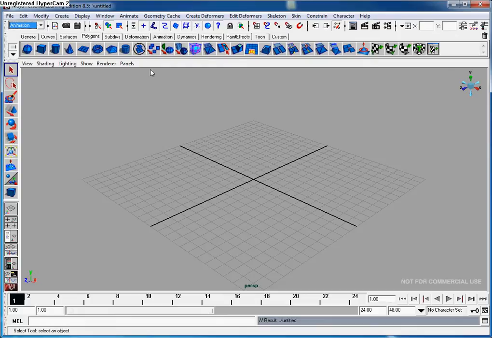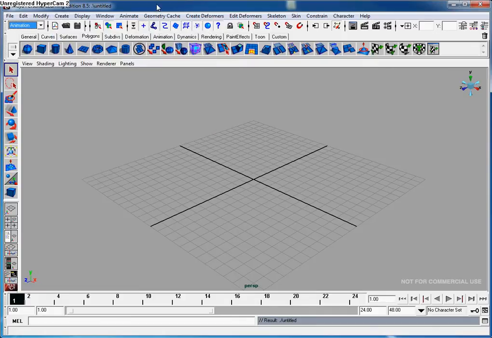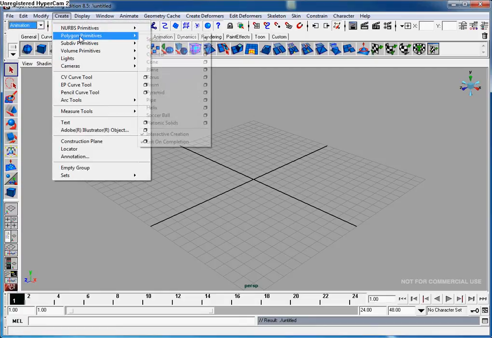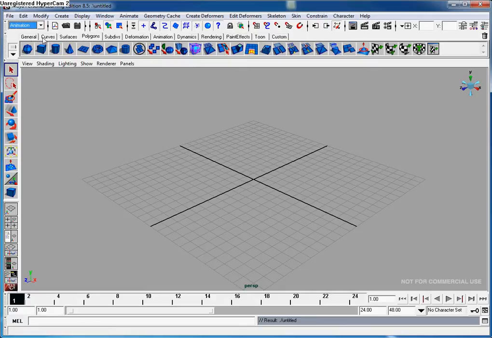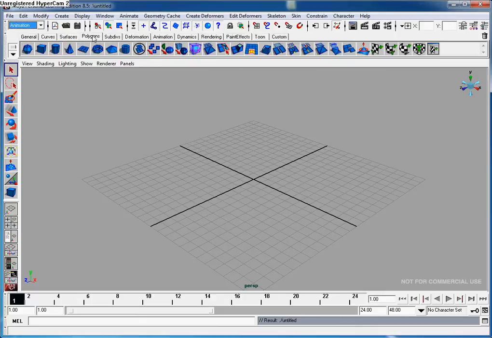So as you can see, Maya has a lot of different tools we can use because it's a high-level professional software. For example, in the last lesson I showed you how to make a simple polygon by going to create, polygon primitives and cube. But there are other ways of doing it. If you don't want to go through the whole process and you know what you want, you get this tab here, which you can see all these tabs: general, curves, surfaces and polygons and subdivisions and all kinds of stuff. But for now, just go to polygons and you can see all these pictures, and these pictures are basically what